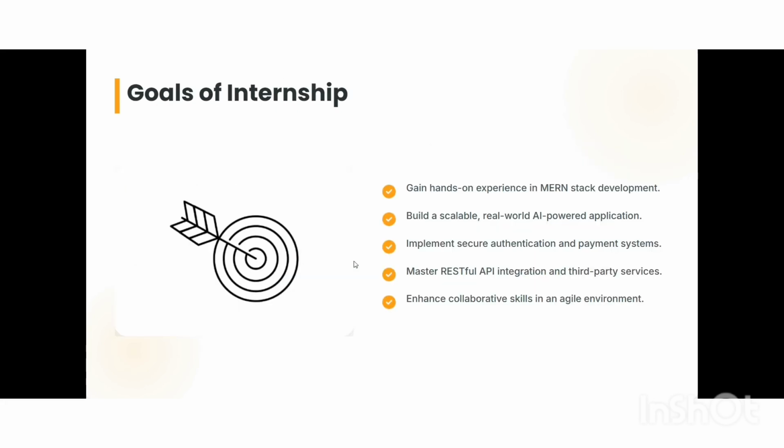Coming to my goals of internship. During my internship, I had a few goals. Learn how to build a complete web application from start to finish. I learned how to connect AI features to a real app. Learn how to make user login and online payment safe and secure. Improve my coding and teamwork skills to build something useful. I also mastered RESTful API to integrate